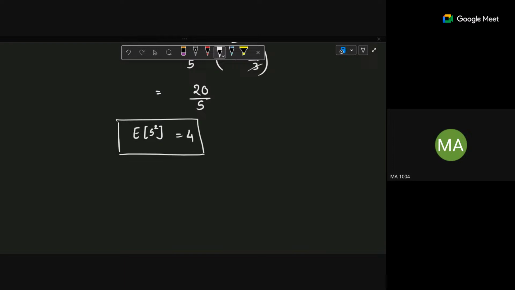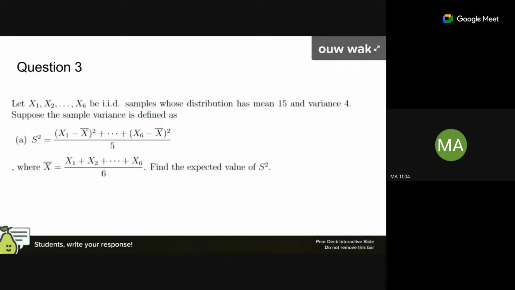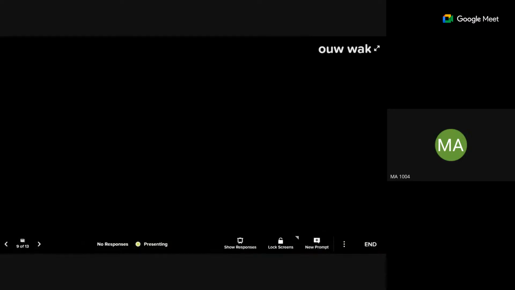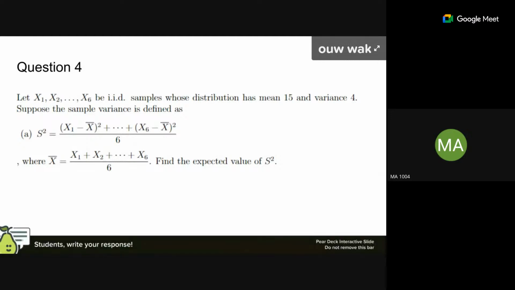Or if you know, you can tell me now, like when to use it directly. Or otherwise, just solve this next question. You will get clarity on how to avoid that mistake, and when we use that formula directly, because that is a theorem, so that's valid. That is 101% valid, but where to use it is the most important thing. So just try this next question and tell me what is the expectation of S square in this particular question.